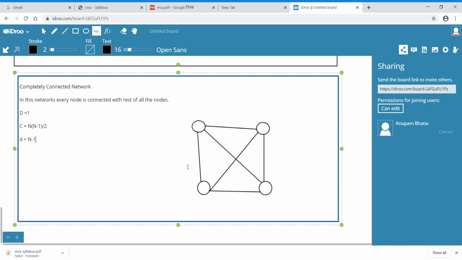Then we go for the n-dimensional hypercubes. It has not been covered till now, because 2D hypercube